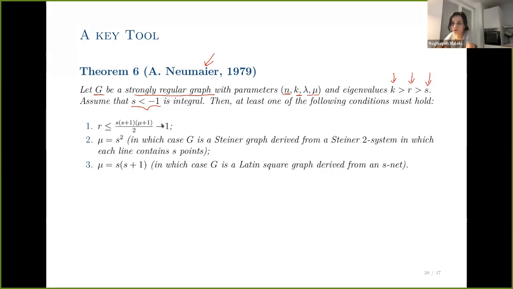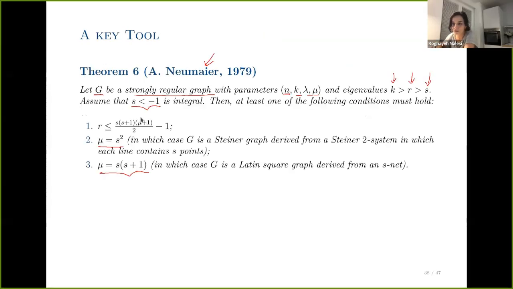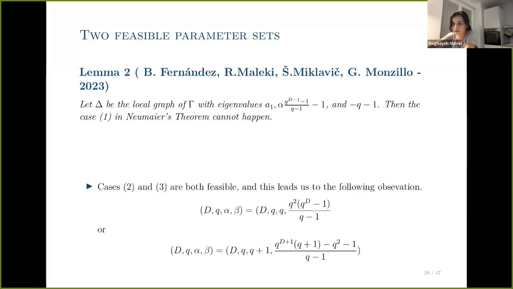Either R is less than or equal to this quantity, or mu equals S squared, or mu equals S times S plus 1. And so we could show that for our local graph gamma with these eigenvalues, A1 and this eigenvalue and this negative eigenvalue, case 1 of Neumaier's theorem means this case cannot happen. So we can have only these 2 cases, and